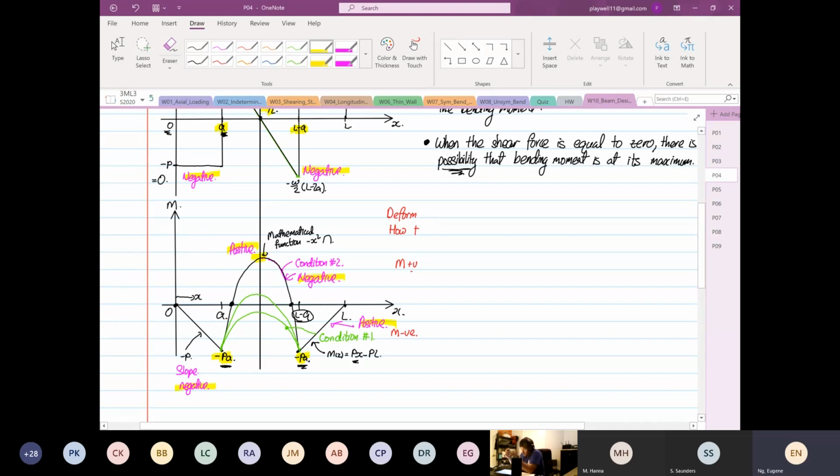Now, there's a possibility that the bending moment at point A is higher. Yes or no? It all depends on your distributed load. Like for example, if you look at condition